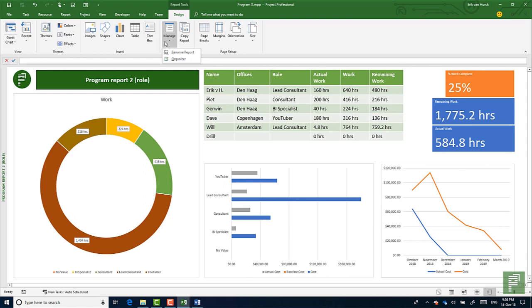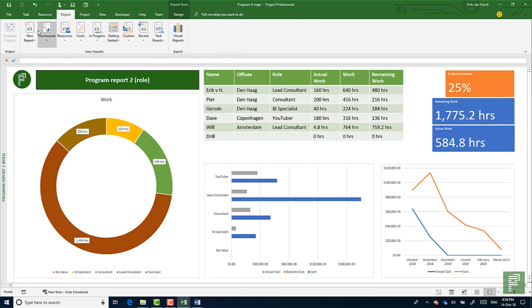And you can do managing the reports as well. You can rename them, you can add them to the organizer, and we'll get back to that in another video. So let's create a third program report,